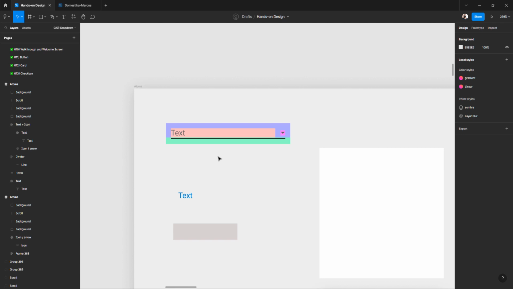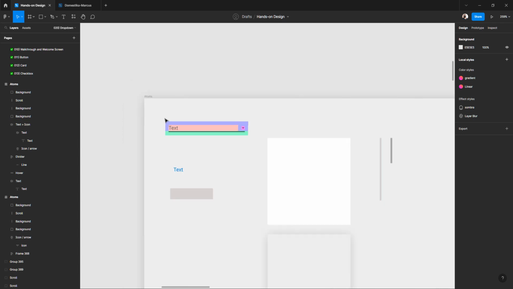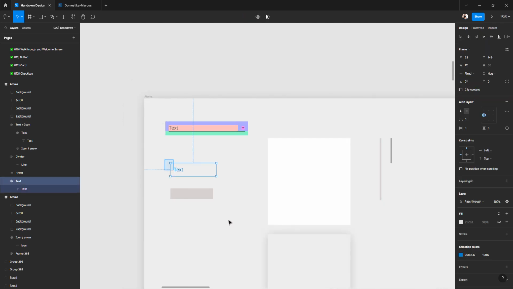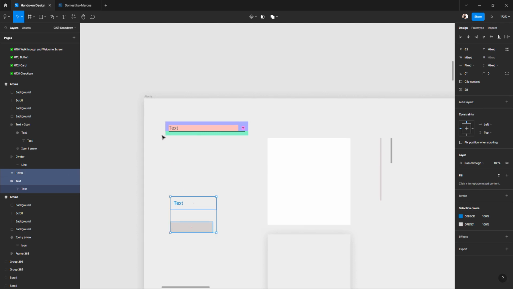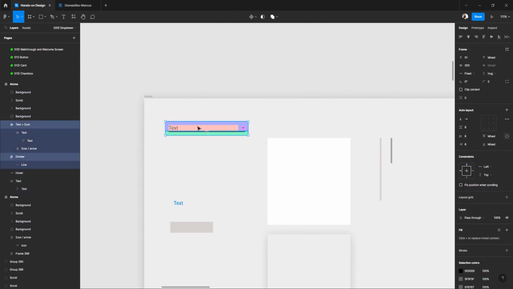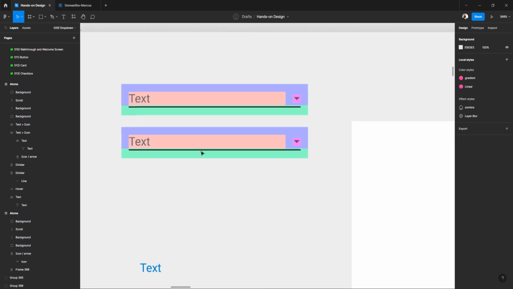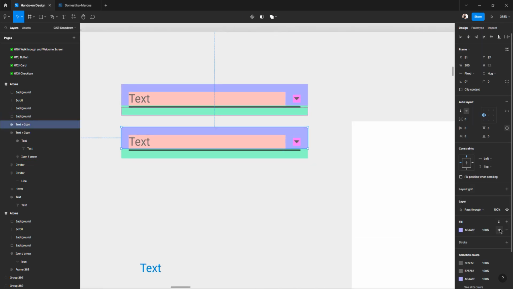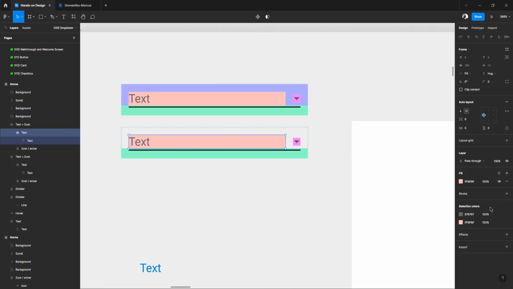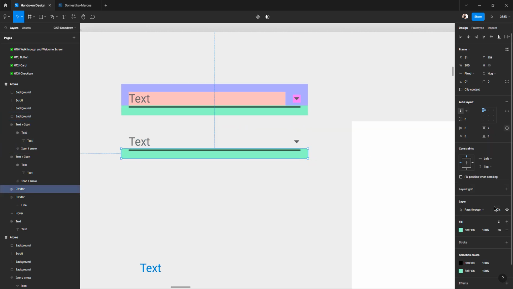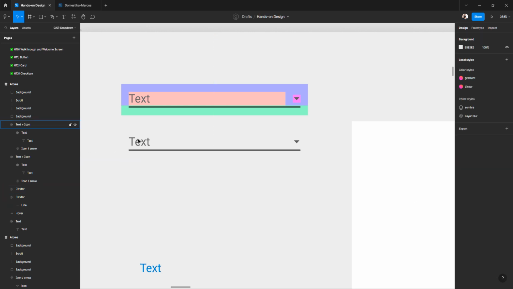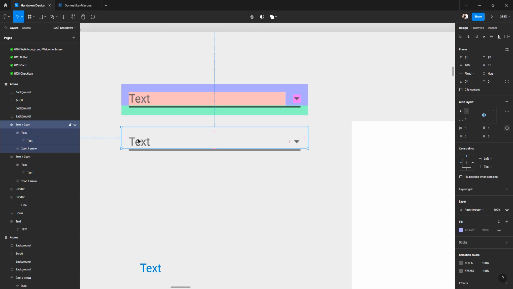Now I can make this a component. I will even let this way just to show you what we did so far. So I'm gonna select it, and I'm going to duplicate, right? I'm gonna hide all those colors. Hide here, hide here, hide here, and hide here too. Let's see. Yeah, seems good. But I want to have a little more